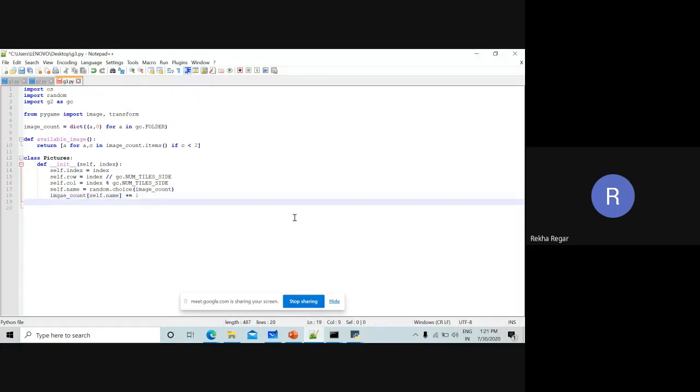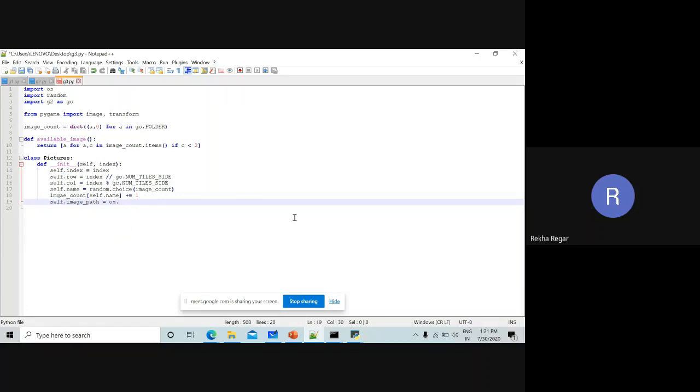After that we need a path. So for that we have to take one variable path. So how to initiate this one? Using the keyword self, and the variable name is image_path, and that must be equal to whatever the system, it means OS, is going to give the path.